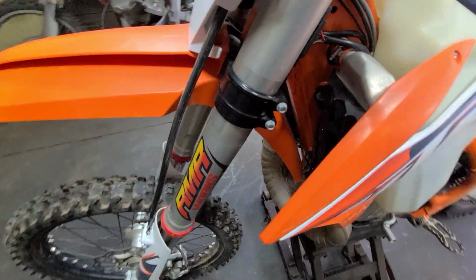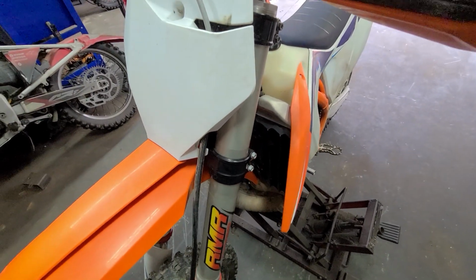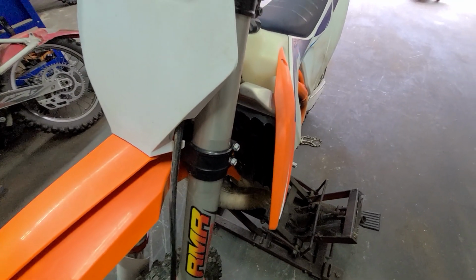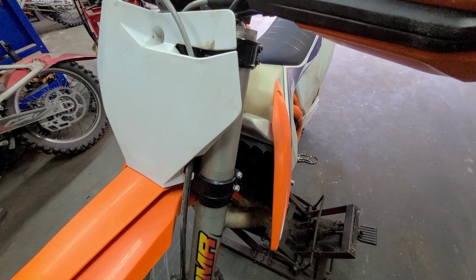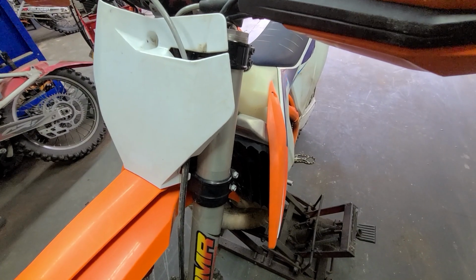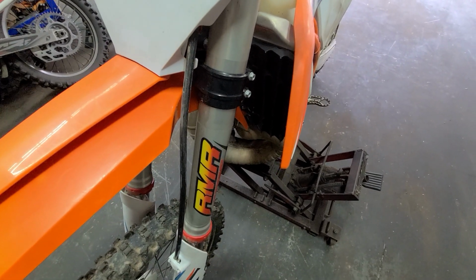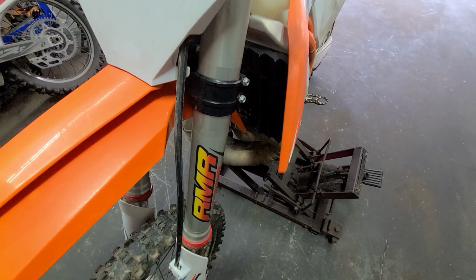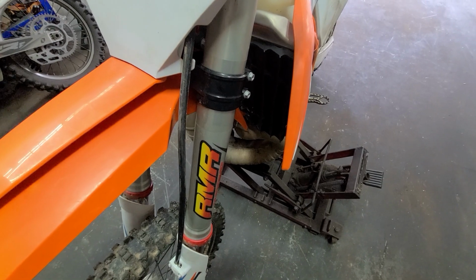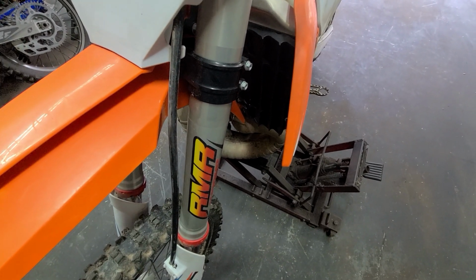The other issue that I've been having was the forks. Had that 4CS square edge hit. I toyed around with different things, didn't revalve it, really didn't think it needed it, but talked to Rod at RMR. He recommended dropping the oil level down to 200 mils, which I thought it had anyway, but it turns out that it may have had a bit more in. So what I did is I dropped it down to 180 mils of oil in each leg,